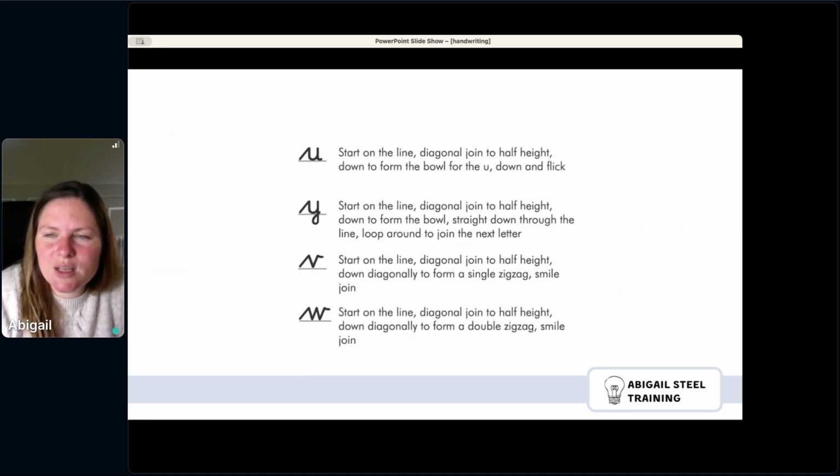U. Start on the line, diagonal join to half height, down to form the bowl for the U, down and flick. Y. Start on the line, diagonal join to half height, down to form the bowl, straight down through the line,